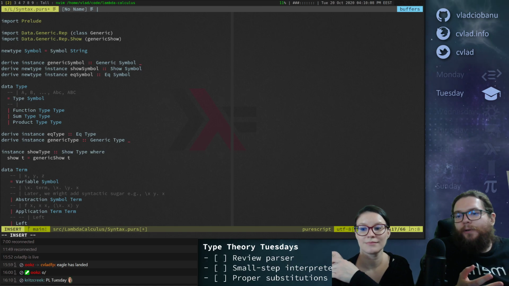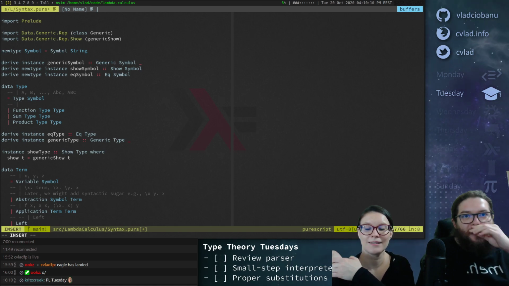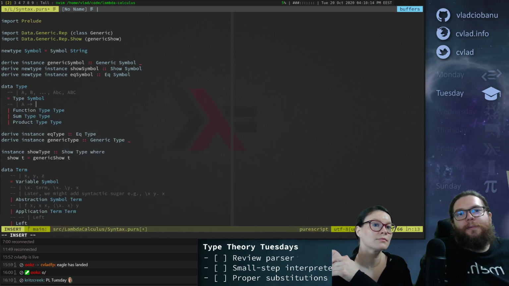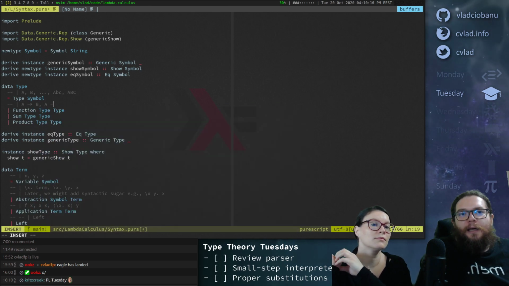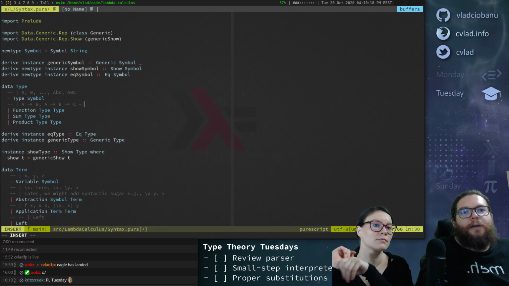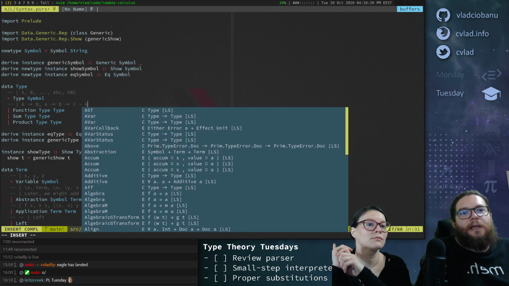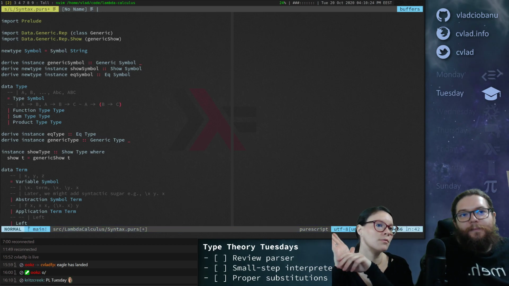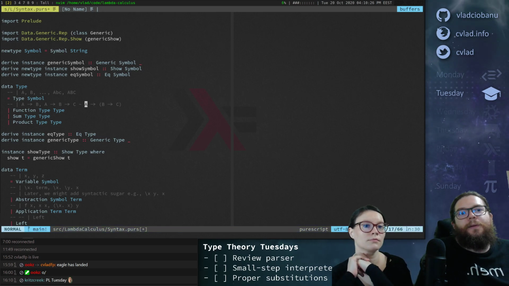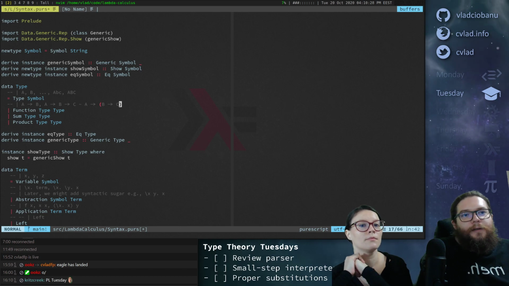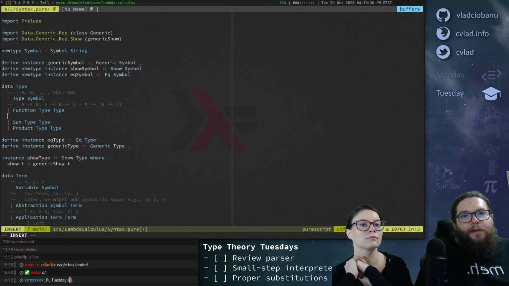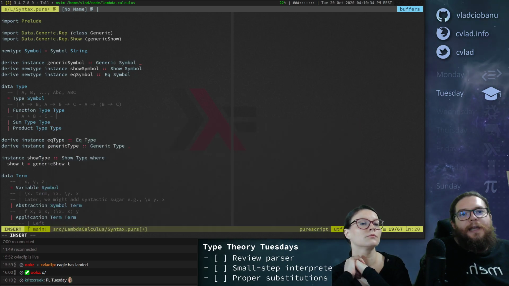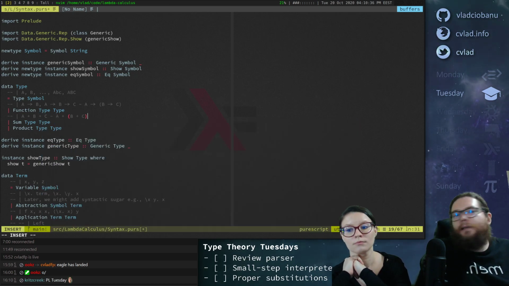And then the second part, the function. Functions are types like this: a goes to b, a goes to b goes to c, and note that this is actually the same as a goes to (b goes to c). As it parses, if you don't parenthesize, these two things are the same. And then we have sums, so you can go a plus b plus c, and again, this is the same as a plus (b plus c).